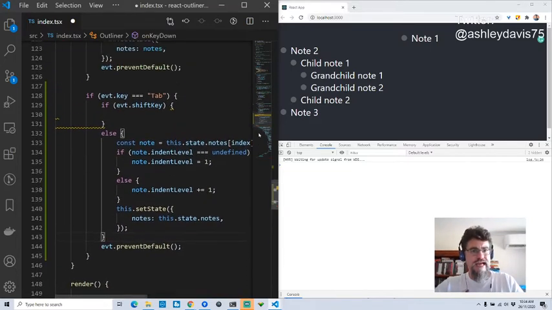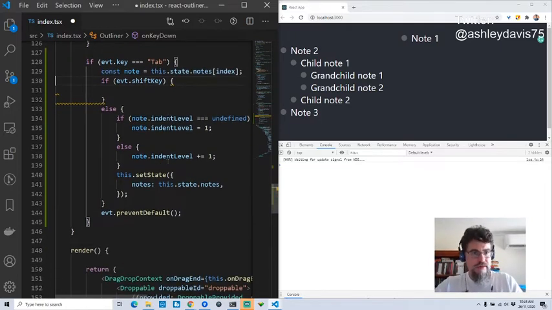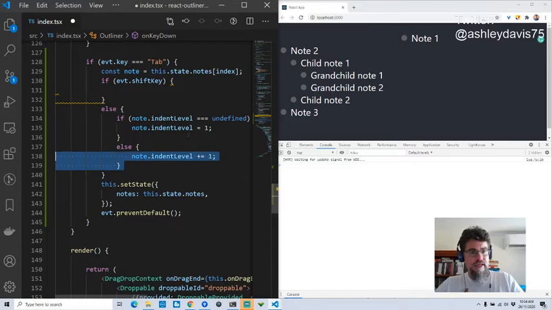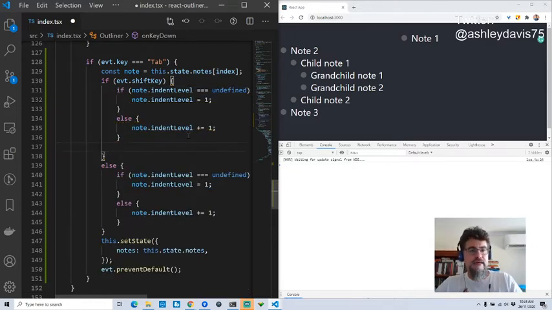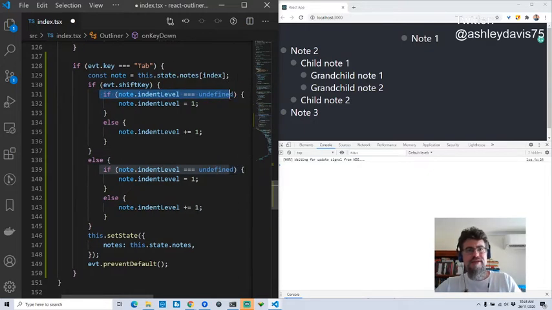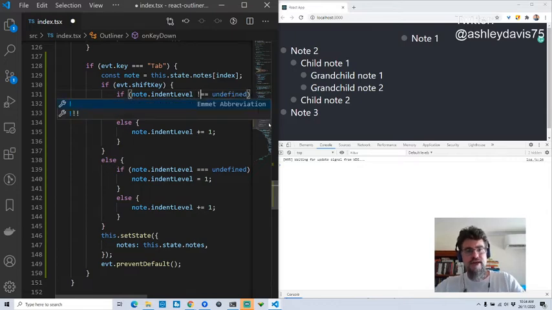A lot of this is the same actually. So the extraction of the note can go above that if statement, and the setting of the state can go below it. And then all I want to do is change the behavior here so that if it's undefined, we can't do anything. Basically, if we're trying to unindent something and it's all the way back to the start anyway, we're not gonna do anything. So what we're gonna do is say if it's not undefined,